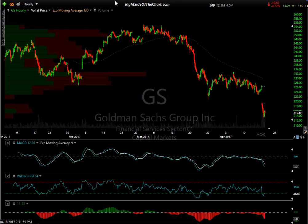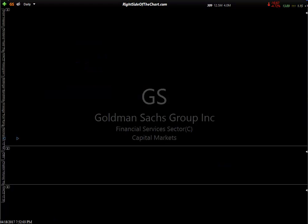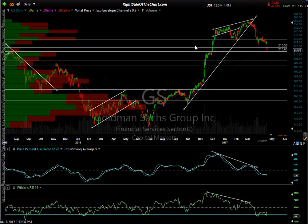Well, same story. We have the divergences on the 60-minute. They're not all drawn out here, but you can see it down below. So if these stocks are going to bounce, if they're going to rally, and even put in a bottom here, if the correction is over, certainly some of these, such as Goldman, this one may have played